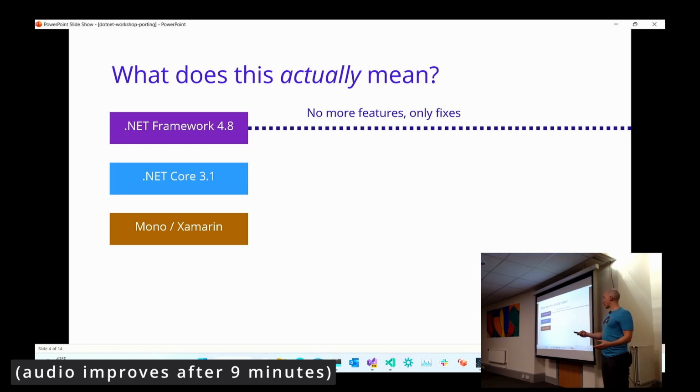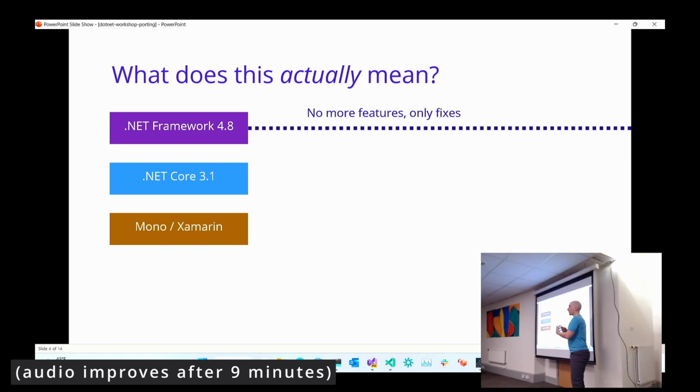Legacy, that might be one, but there's one real big one: it's built into Windows. And I think it would be really challenging for Microsoft to no longer support a product that ships in their operating system, right? But what that means is that if you're on the latest version of .NET Framework, which I think as of today is 4.8.1, you can rest assured that you have support for 10 years or however long the support is. But you're always going to get bug patches, and you're going to get security fixes, but you're not going to get new features.